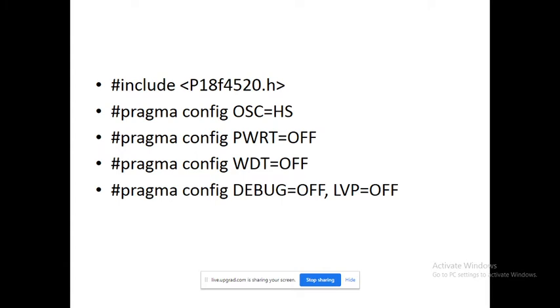Second, regarding the watchdog timer. Once your system gets hung, there are two options to come out of that hang position. One is a manual reset, or the second one is an automatic reset. Manual reset means directly pressing the reset button. And the second option is automatic reset. Automatic reset means we are taking help of the watchdog timer.